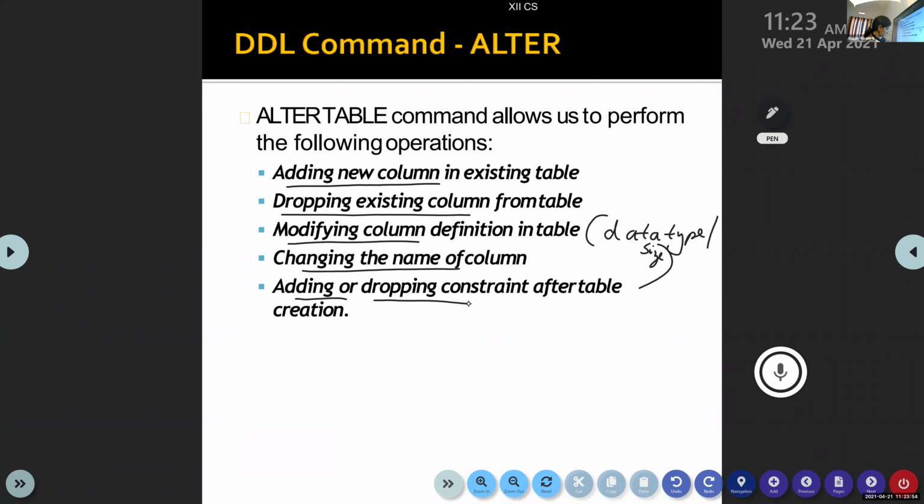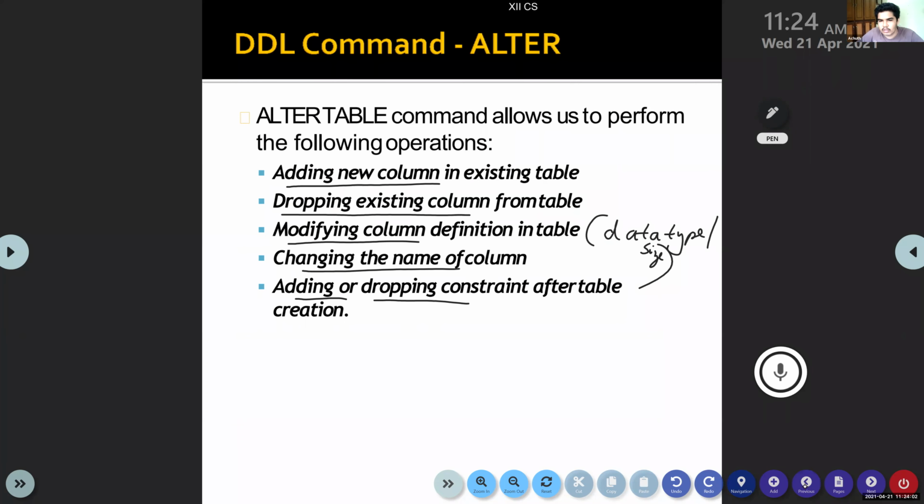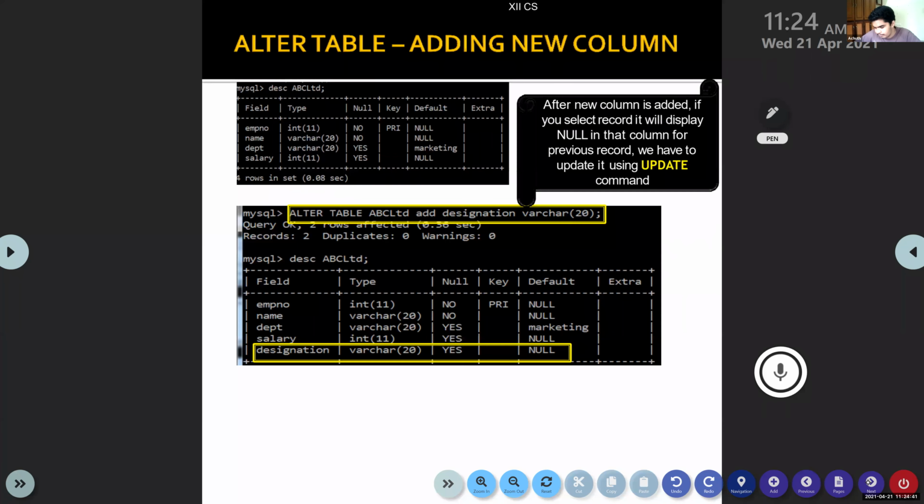So let's see it one by one. This is how you need to add a column. So any doubt, sir?